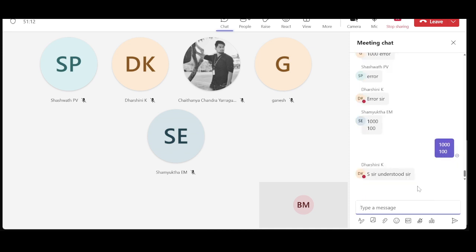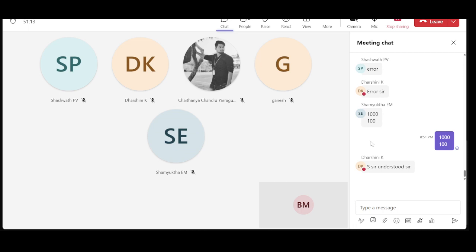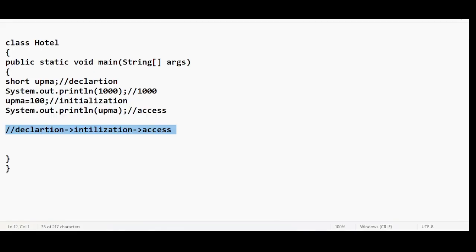Understood, Darshini, Ganesh, Chaitanya, Dashwant. So just try to execute by yourself. Check line by line and also check if it is following this sequence, hierarchy: declaration, initialization, and accessing. As simple as that. Right? Now what if I do a little more change,